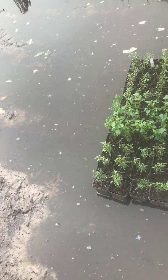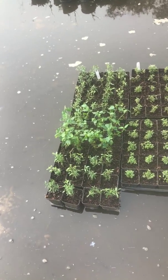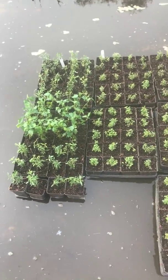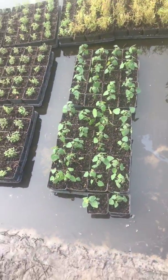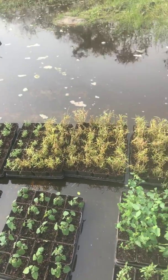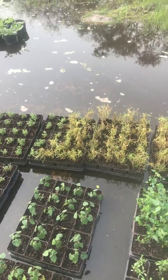So what do we have here? We have more Greg sage. This is the pink one, the raspberry one. I think raspberry is in the hoop house. These are the pink ones out here. There's more skullcap. This is rock rose, the pink rock rose. That back there is a really wonderful plant called yellow top. All of these are stunning